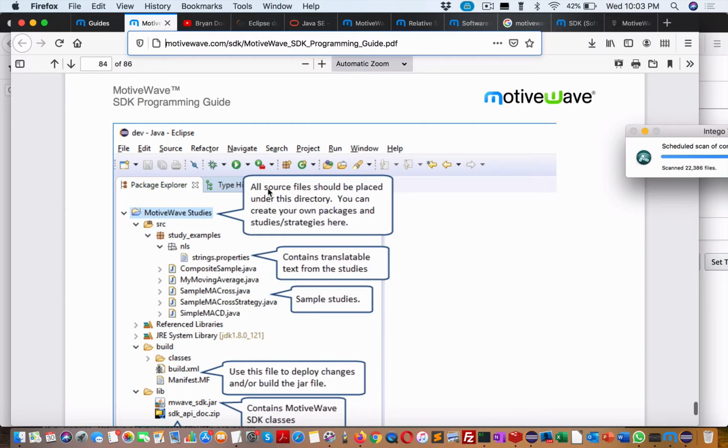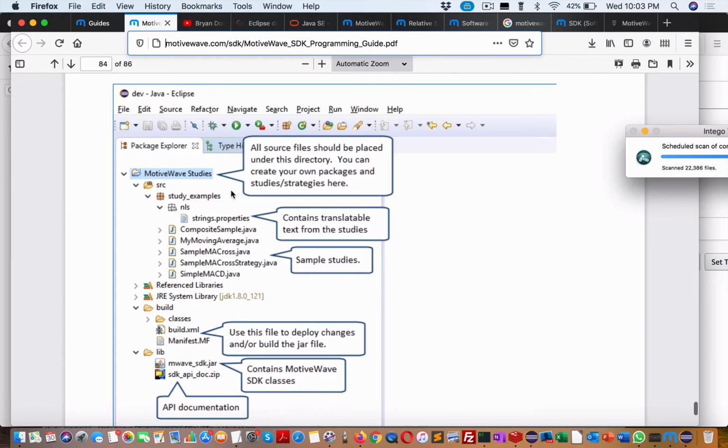So you can see here we have our source files. We have some jar files. We have maybe our library with the API documents. But really we'll be using two things here. Very important: here are the source files, but here we have the NLS files, the property files. These are important to help you define the properties set